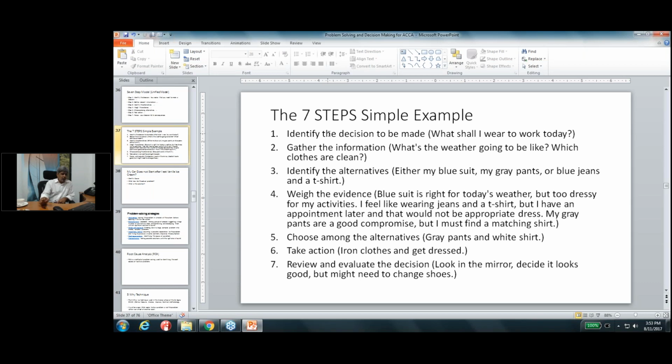So in order to identify the problem, we need to do something. We may have certain techniques, but